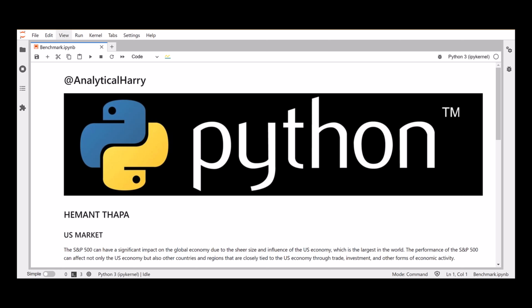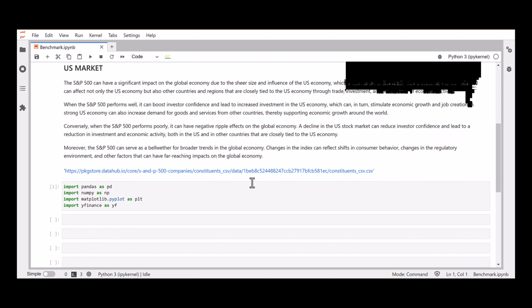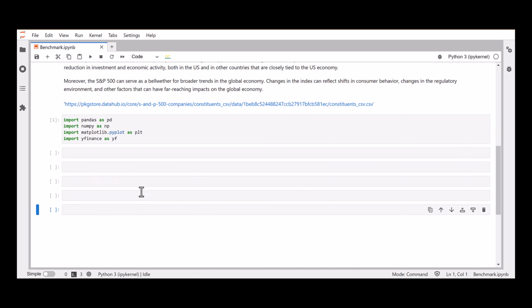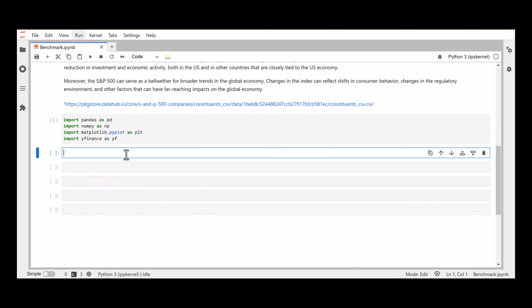If you have a portfolio on the S&P 500, then this video may be helpful for you. So let's start with the coding part now. First I'm gonna import these libraries. We have pandas, we have numpy, we have matplotlib, and we have the yfinance API. Then after this we're gonna call